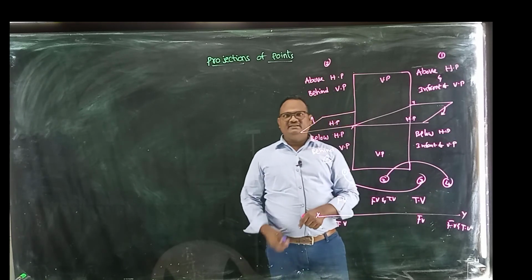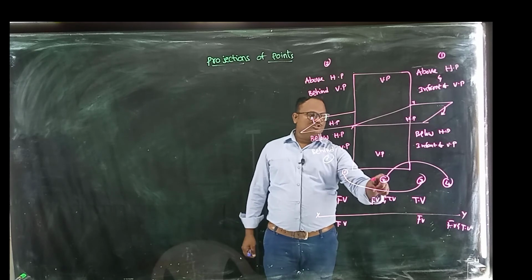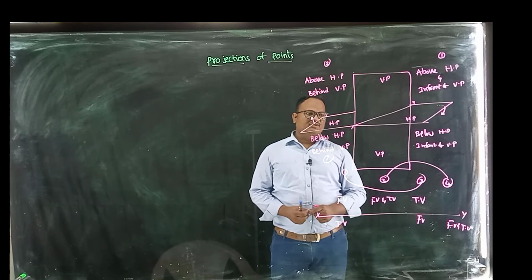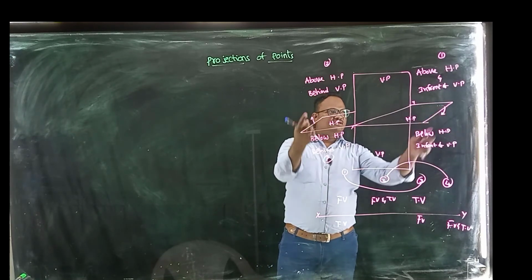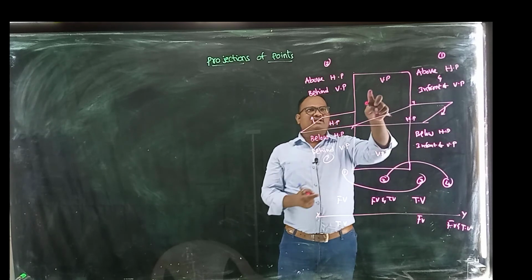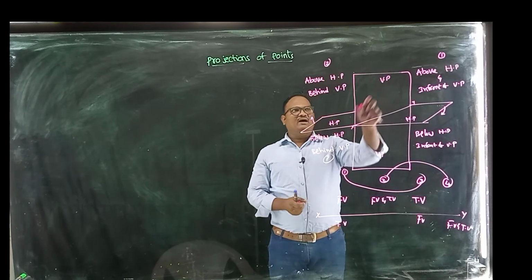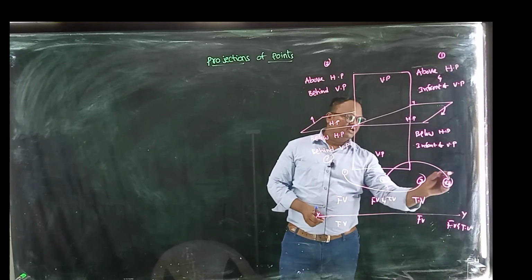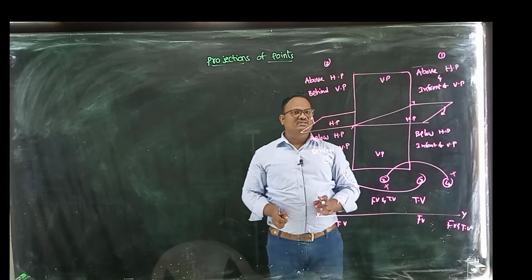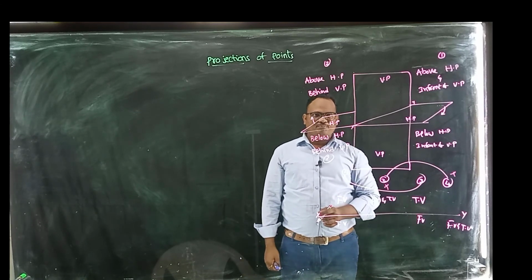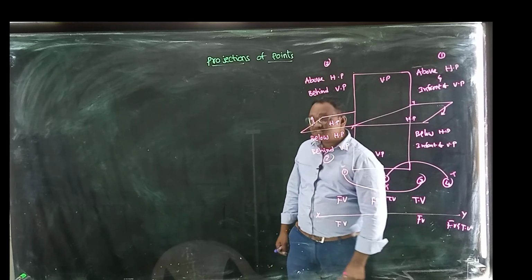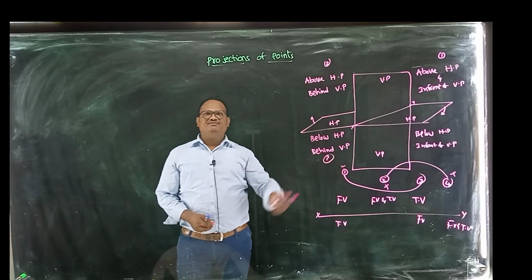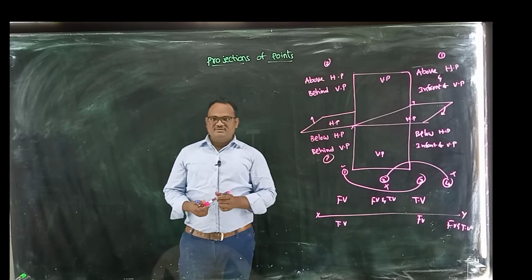One thing you have to remember: the second angle projection and fourth angle projection we are not using. Why? Because if you tilt HP like this, the images and dimensions on VP and HP are going to be matched. That's why we don't use the second and fourth angle projections. Most countries prefer only the first angle projection system, which is why it is also called the European projection system. This is the information regarding types of projection systems.